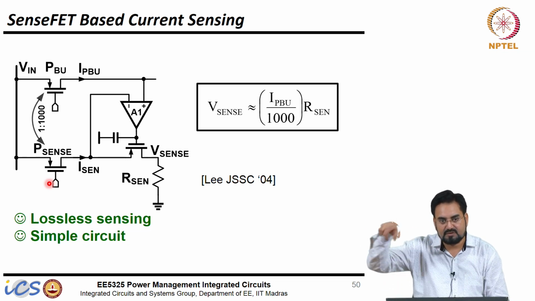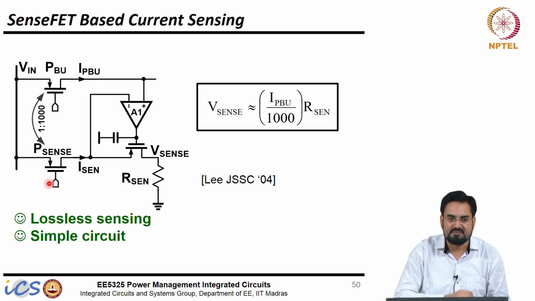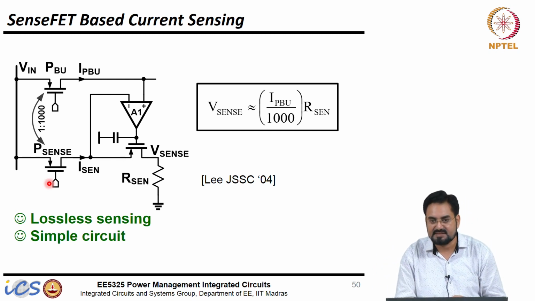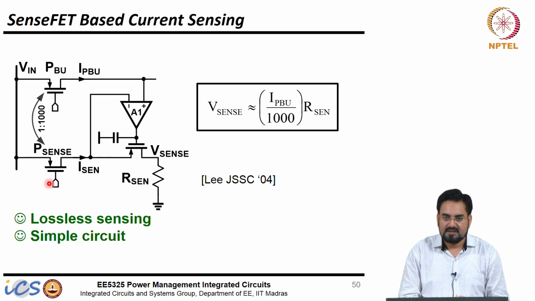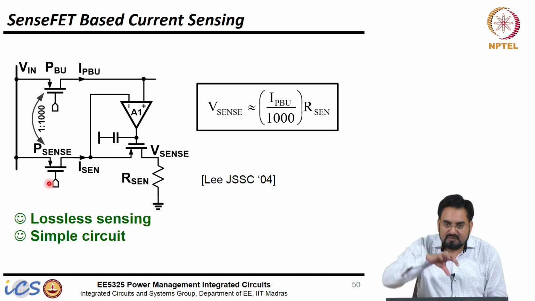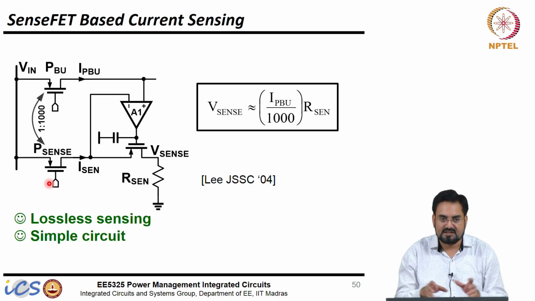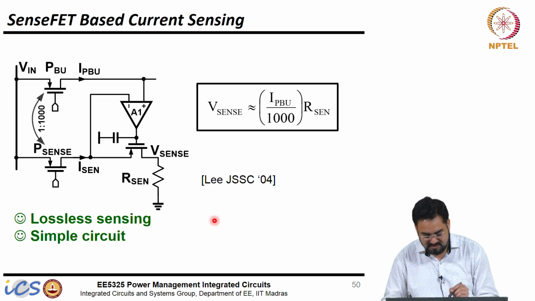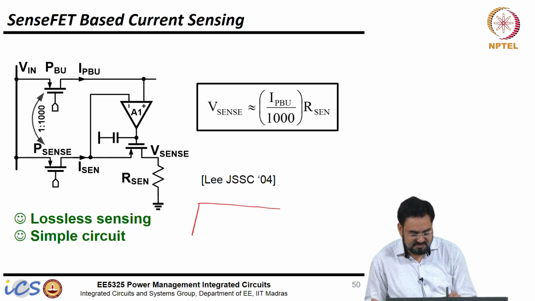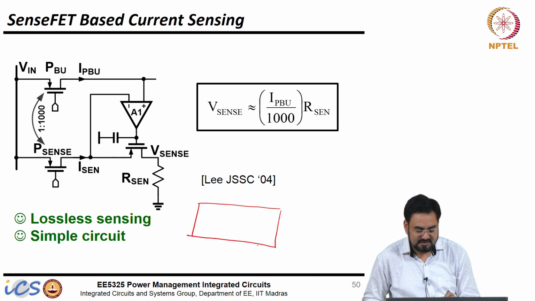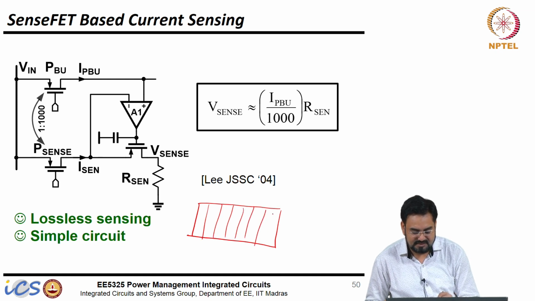Similarly you rotate through all of them. It is similar to dynamic element matching, which people who know ADCs will understand better. So what you are effectively doing is moving through all the FETs, and for better matching, they are scattered or spread all over the place within your bigger power FET. Let me just draw here. If this is my main FET, and this main FET consists of multiple units, it won't be like a single one.